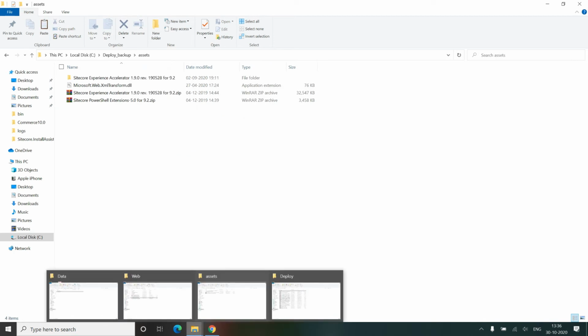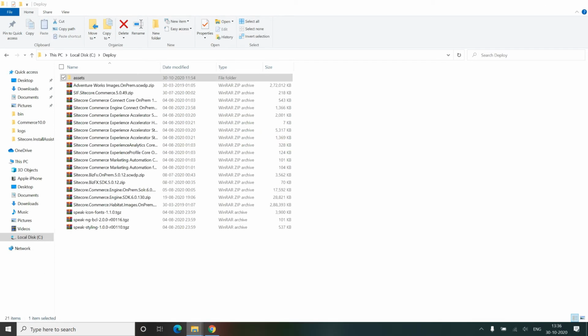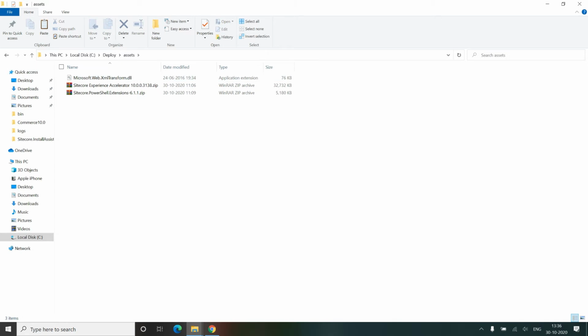I have already created the deploy folder in the C drive and put the entire Sitecore Commerce zip and deployment related files over here. Apart from this, I also created one folder which holds SXA, the PowerShell module and this Microsoft DLL, which are required to deploy Commerce into your local environment.